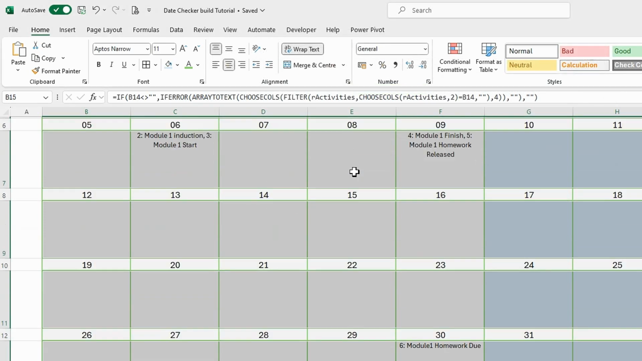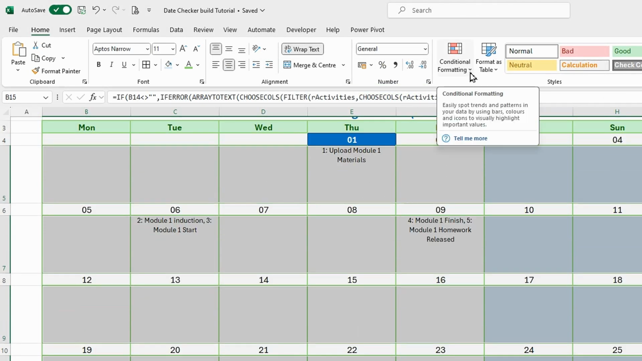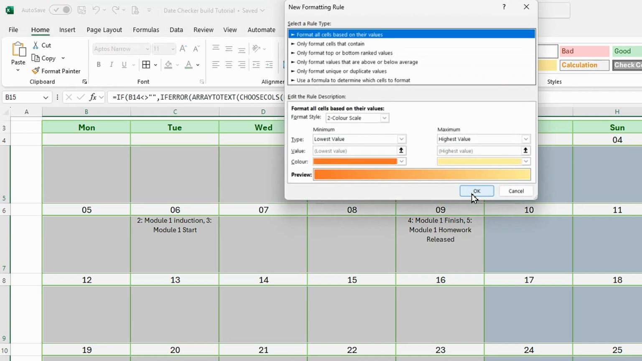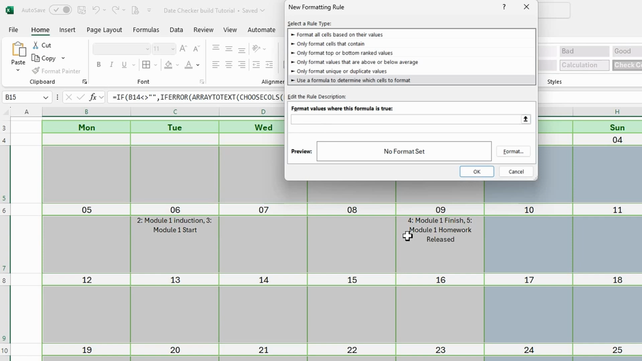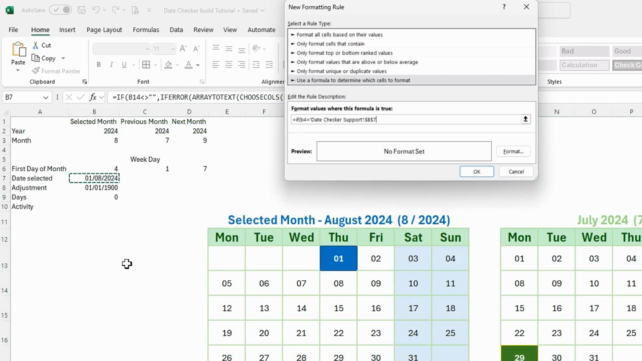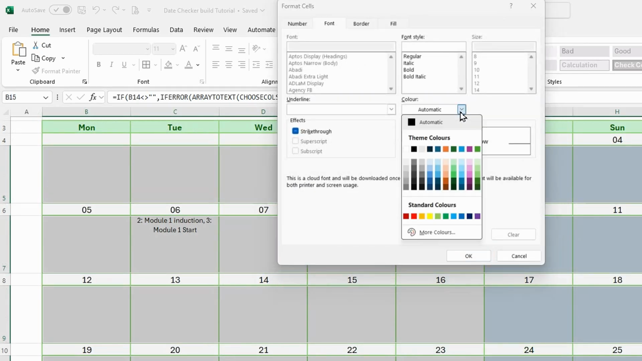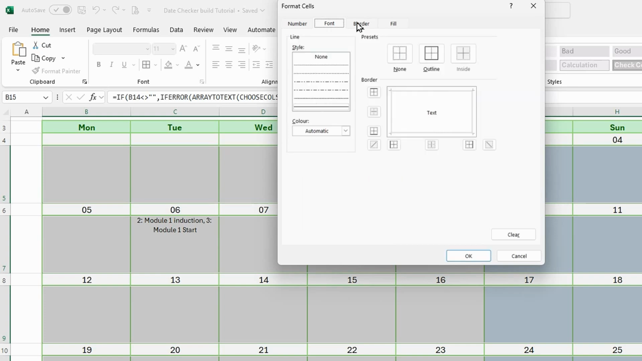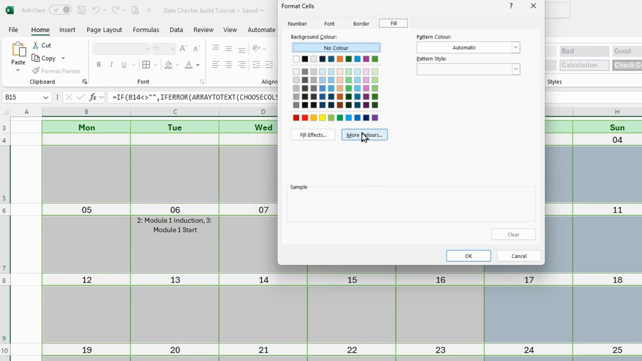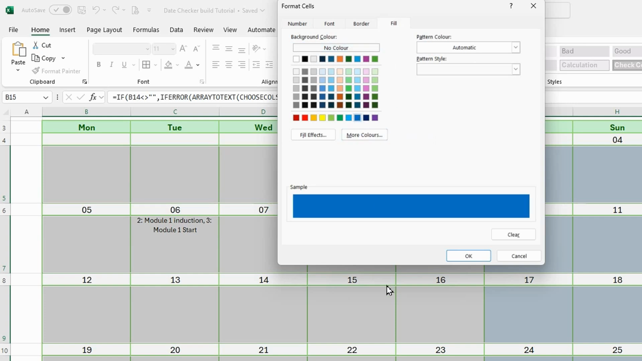Now let's do the selected date. So conditional formatting, new rule, use a formula, and this time let's do equals if B4 equals the selected date. So on the date checker support, selected date, then it's true, comma, false. Format. So I don't want to make it bold, but I am going to make it white font. The border is going to be a dark blue. Do the outline, and the fill is going to be this blue here. I'm going to click OK,